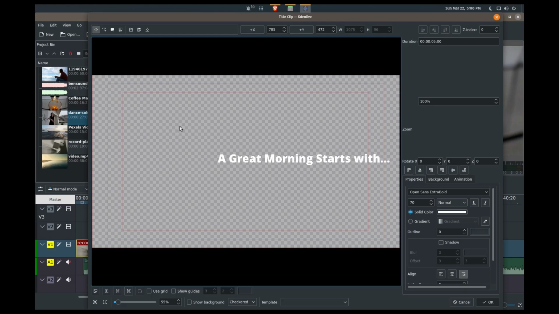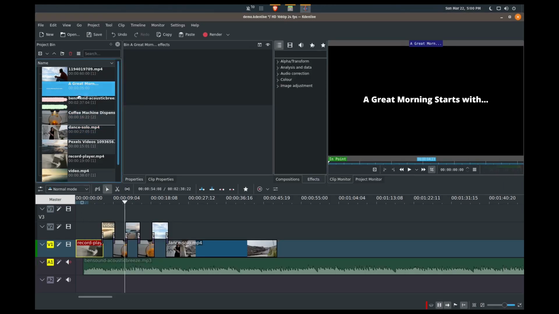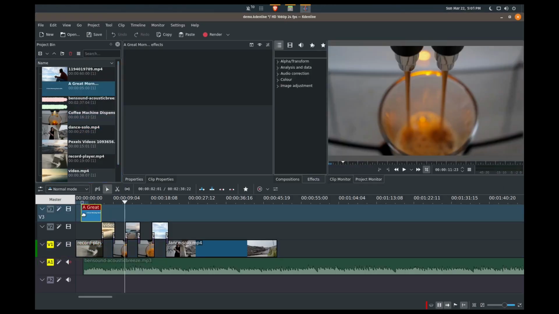Okay. We'll put this guy in the middle. Alright, we'll maybe make this 80. Let's see if that's still in the middle. Yep. And then I'm going to add a shadow so it looks good. Alright, press OK on that. So we're going to add this over here. Now,